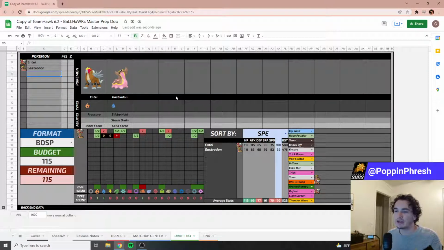Great synergy with Entei. The two of them are a good core, and they don't really leave much to be desired, other than, I guess, a net ground weakness, but Gastrodon does have the tools to cover that. There is this big speed gap between them and not very many supportive options between the two, so that's why I went with my next pick,